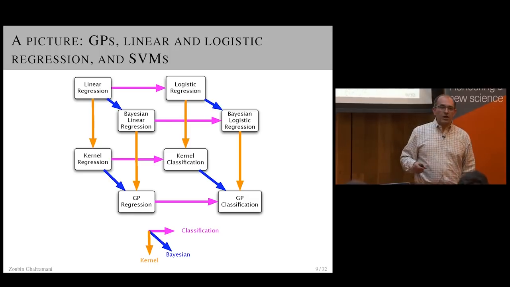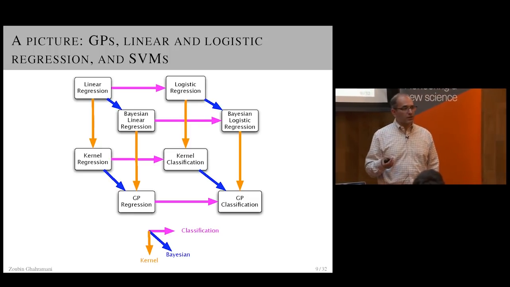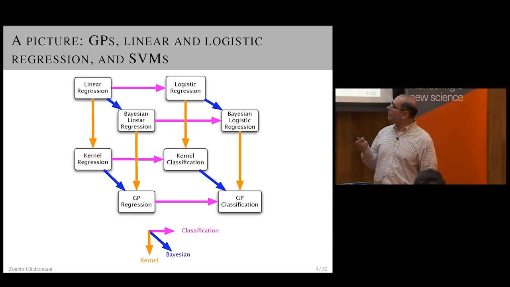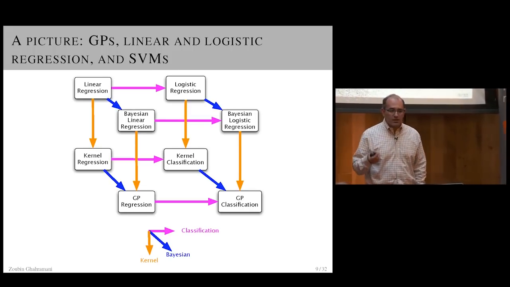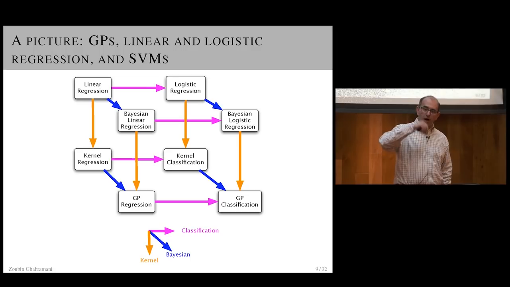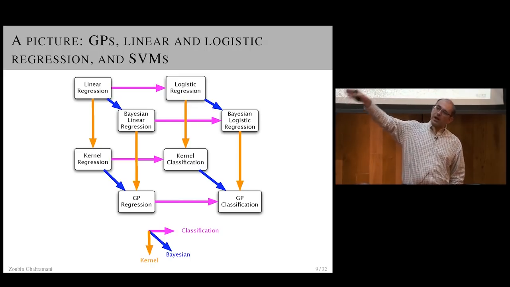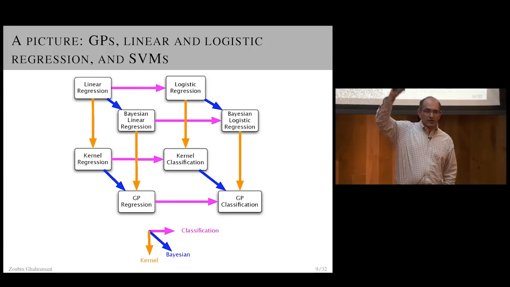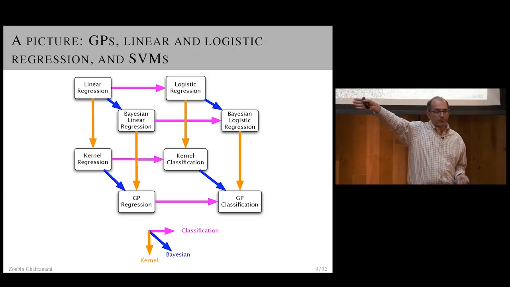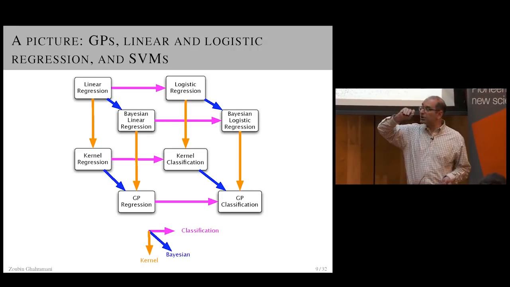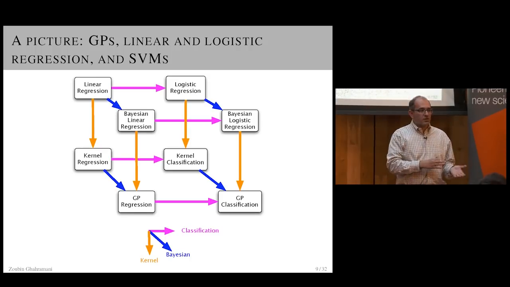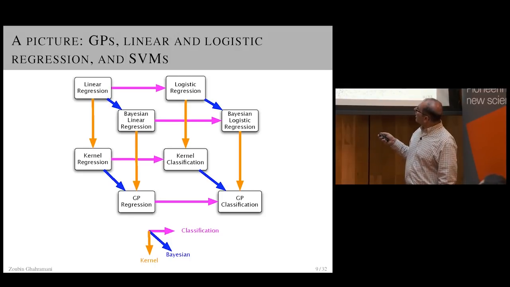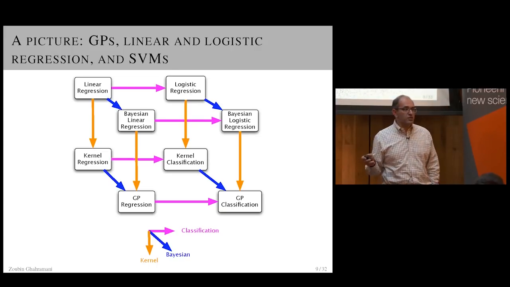And then the orange arrows are applications of the kernel trick. So the kernel trick, again, wildly popular in the mid-90s and so on, is the idea of doing a transformation from your raw inputs, x, to some high-dimensional feature space, call it phi of x, and then doing a linear model in that high-dimensional feature space. So your model is nonlinear in x because you mapped it into this high-dimensional thing, but it's still linear in the parameters, so all the computations are super easy. So kernel regression is application of that trick. And if you think of the kernelized version of a linear classification model, you get something like kernel classification, which is where support vector machines live, among